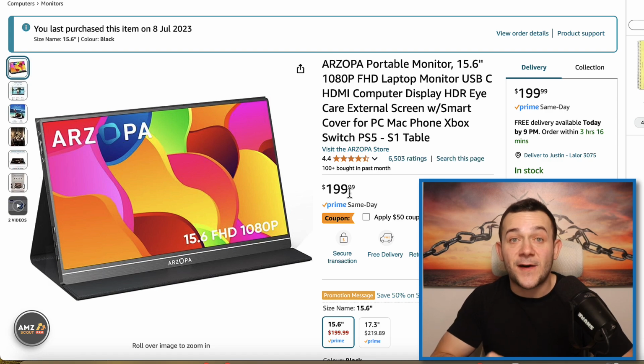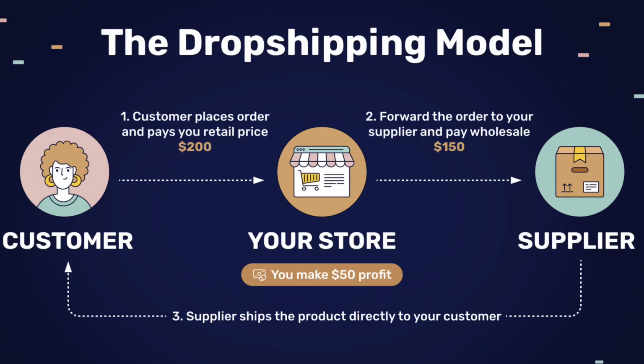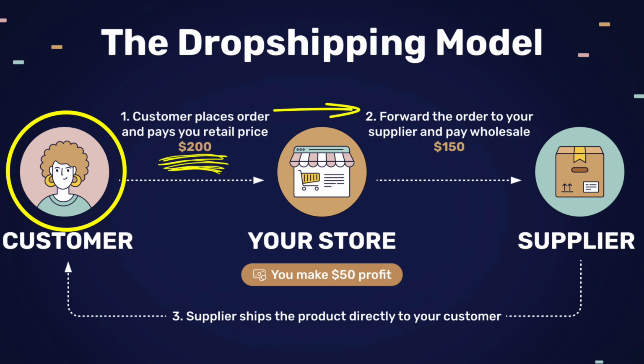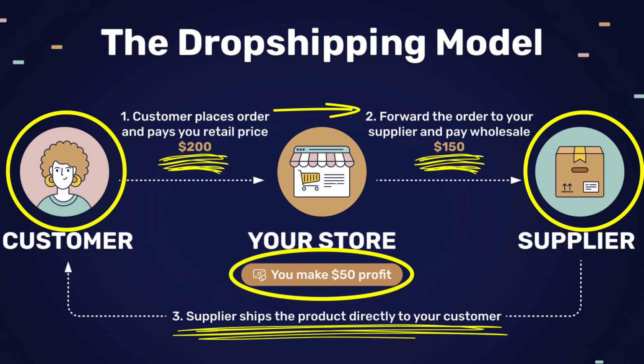That is how much you can find this product for when you search for it online. This is a modernized, automated way of doing dropshipping, which can be broken down into 3 simple steps. Step 1, the online shopper or customer purchases the product at the market rate, let's say $200. Step 2, we then forward the order, which we can do automatically, to the supplier and then pay the wholesale price of $150 only when we receive that $200, right? We pocket the difference, which is $50 profit, and the supplier then ships that product out directly to the customer